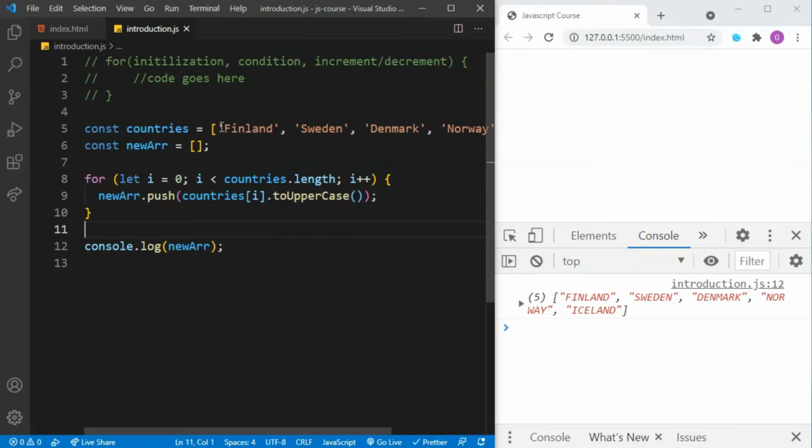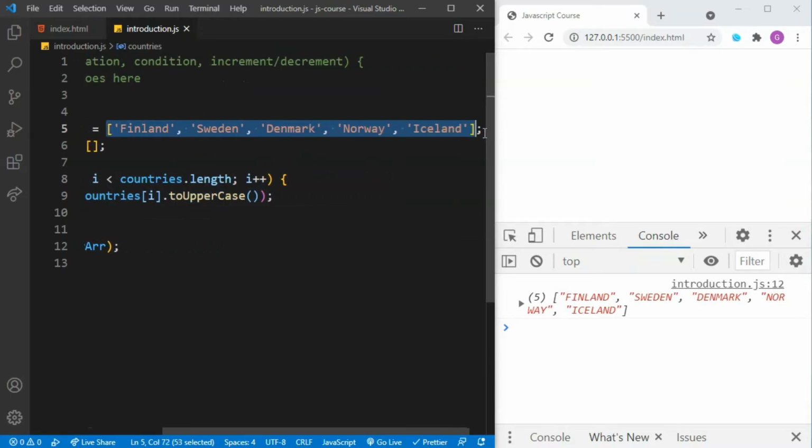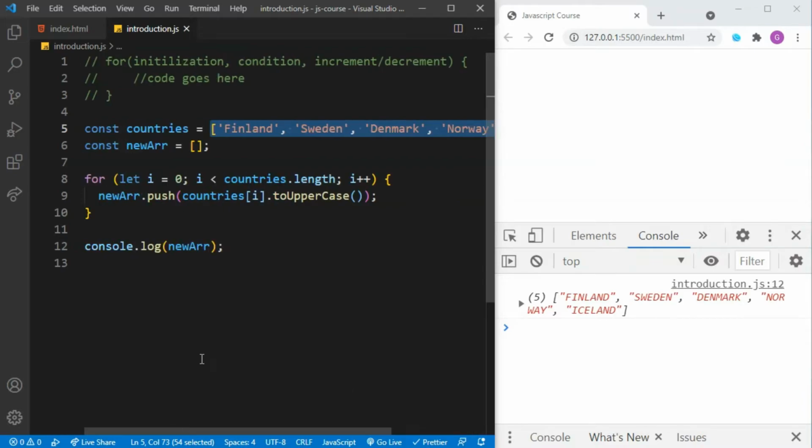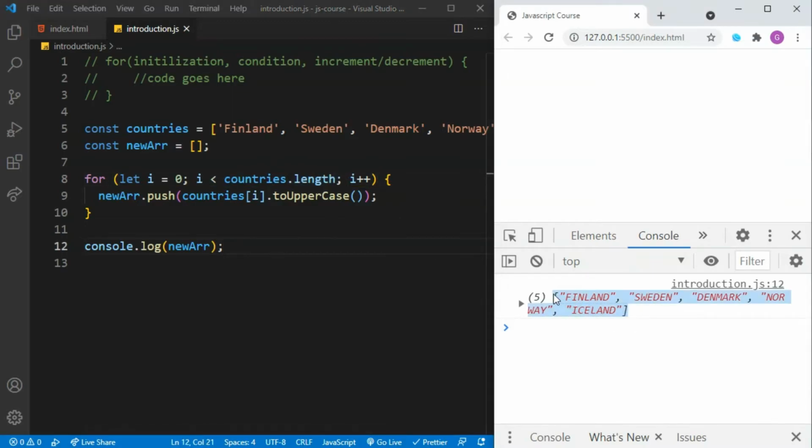Instead of writing this code for each of these elements, we just wrote a single line and looped over this array by saying let i is equal to 0. Whenever this i value is less than the array length, I want to increment this i value and perform this push operation until this condition is satisfied, and it just gives me this result.